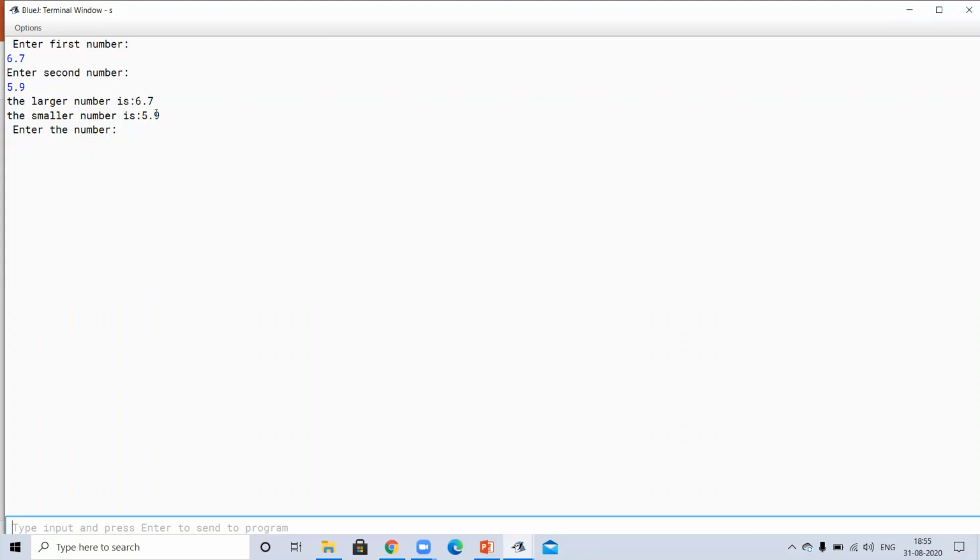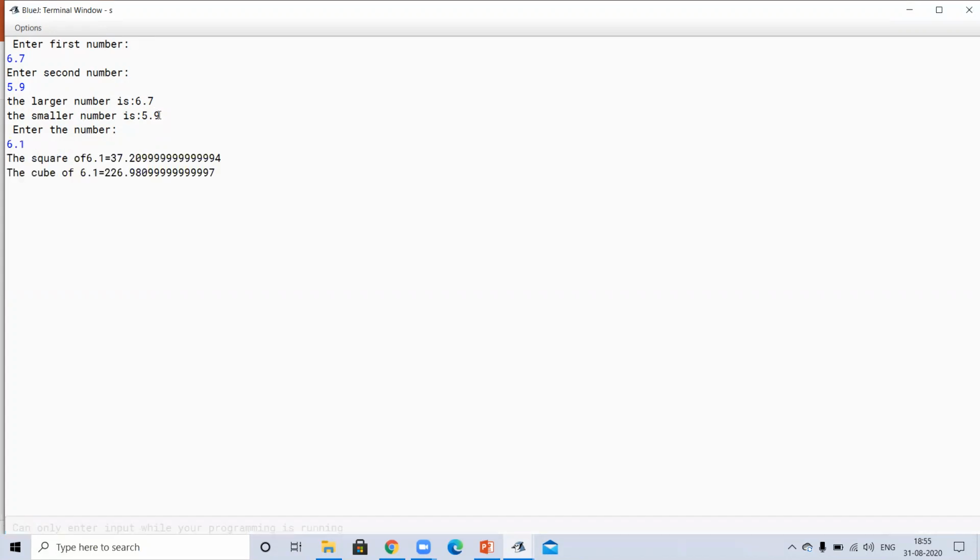Now we have to enter the number. What is the number? I will give in decimal form 6.1. So what is this square? You know that simple 6 sixes are 36.